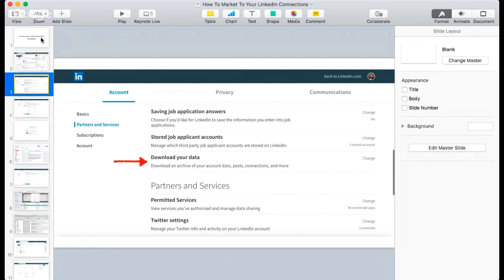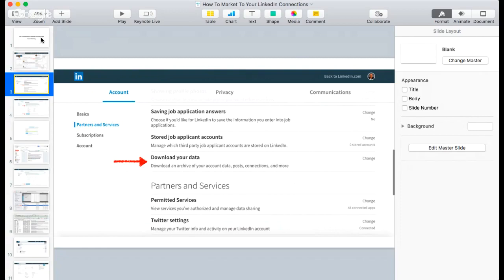And the neat thing about this is how you get your emails from your contacts on LinkedIn. Everyone on LinkedIn has to provide an email address in order to get on LinkedIn. This is how you get at this stuff. Now, this is great because you can segment your LinkedIn connections and send emails to them. Just as an example, let's pretend you're a realtor in Calgary where I live. You want to target people in Calgary that are friends or acquaintances of yours. One of the things you can do is go through the information that's given to you, and I'll show you in a sec how to get that data.